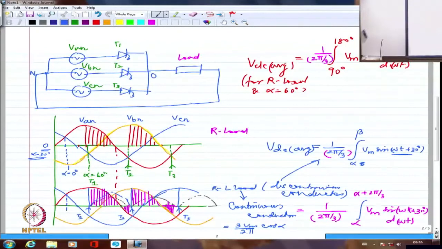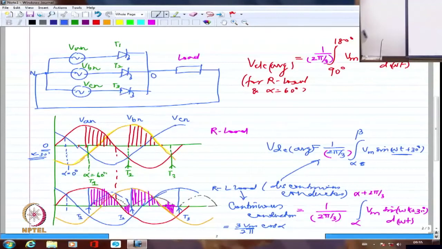Alpha equal to 62? Yeah, but I have just specified alpha. Forget about any alpha. So I am going from alpha to beta. Let alpha be 40 degrees, 30 degrees, 50 degrees, 60 degrees, 70 degrees. Doesn't matter. But I am going from this to beta. So I am generalizing it. I am deriving a generalized expression. Right? Although there what I wrote was specific. There I wrote it specifically.